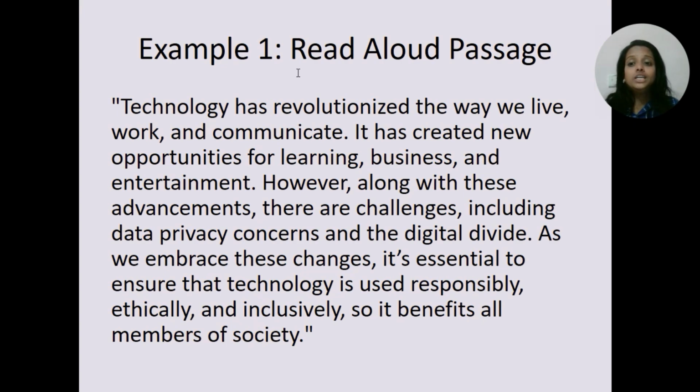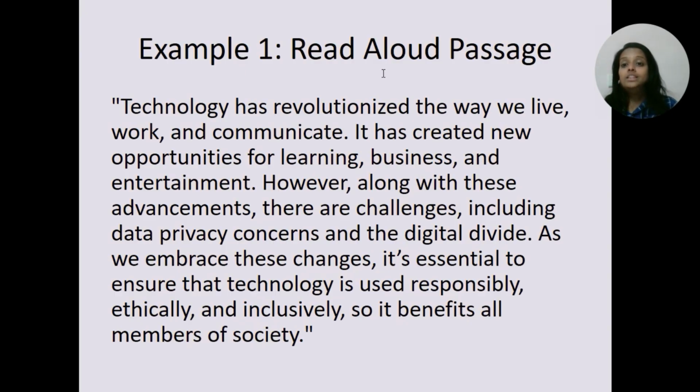So, have you noticed here how I have started confidently? Right? You need to take a slight pause after communicate because it has a period after it, right? In order to indicate the end of the sentence. And pronunciation, you need to pay special attention to words like revolutionized. Break it down,